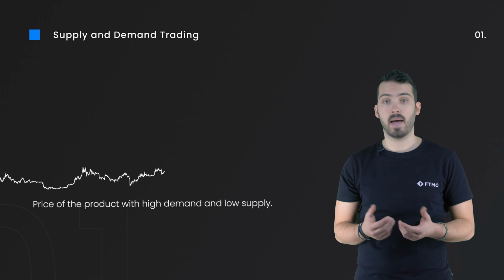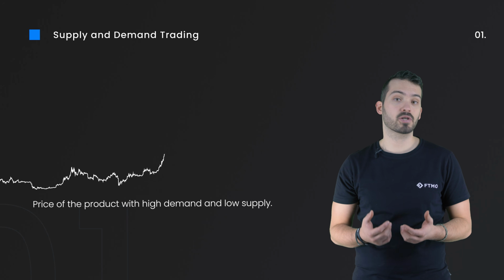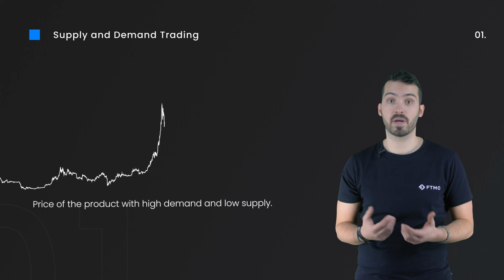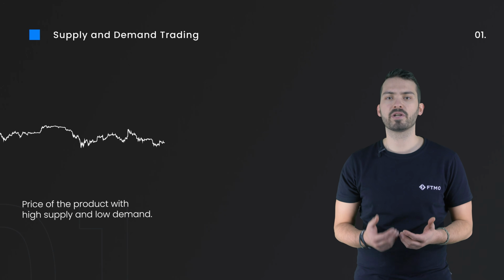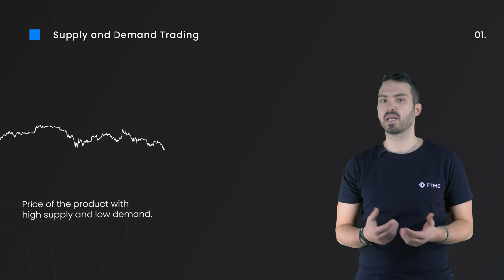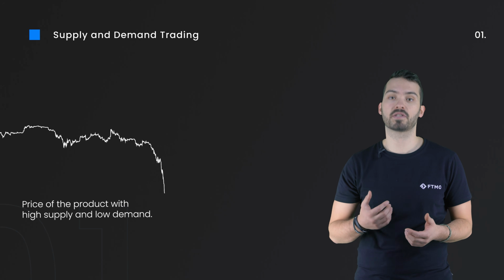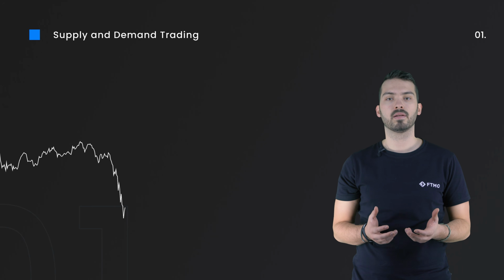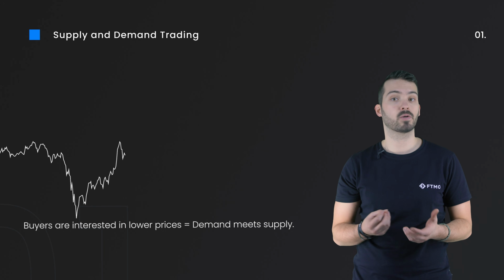For example, Apple released a new iPhone, but this time it would be a special edition with limited devices to sell. There will be a lot of buyers or demand who will drive prices higher. On the other hand, if Apple released a new iPhone with unlimited pieces to sell and it would get bad reviews, there will be enormous supply to sell but no demand to buy. Because of that, they will have to drive prices lower until they find buyers willing to buy.